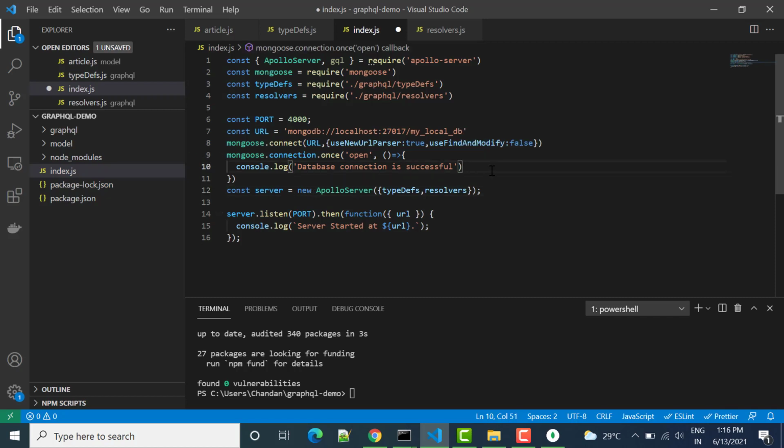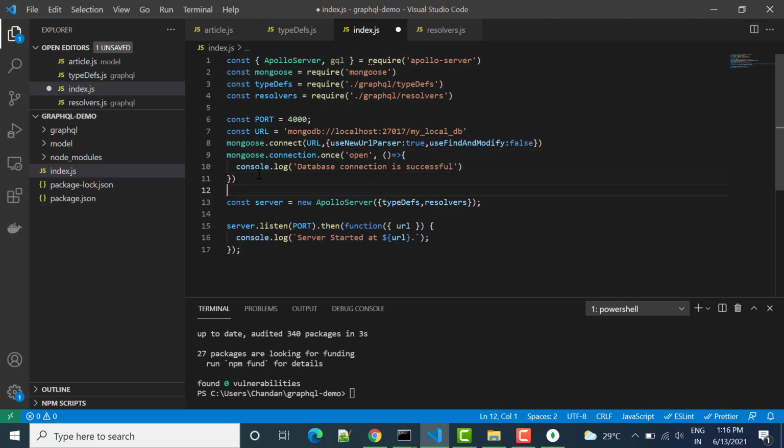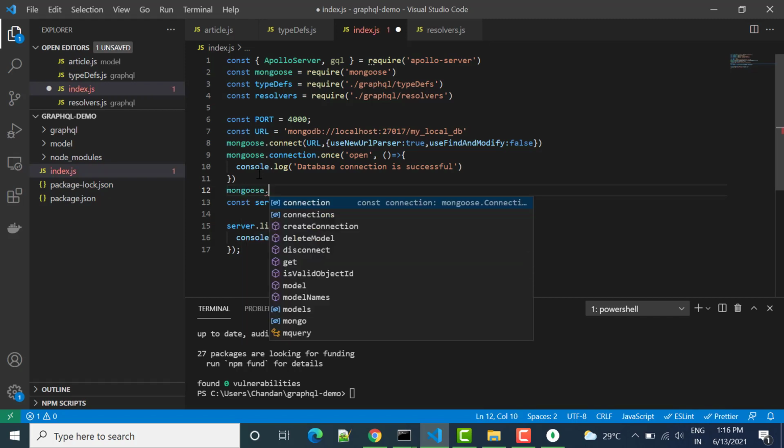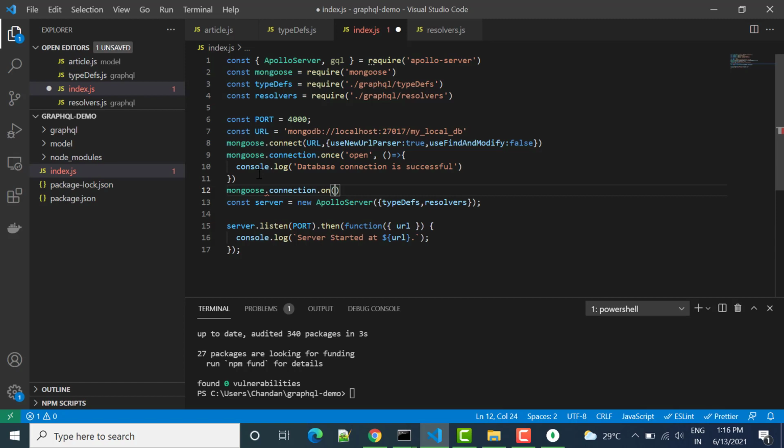We have connected to the database, and so this is once, and then let's say if we have some error, in that case also we can print something. So we'll write mongoose.connection.on, and we can say if we have error, right?